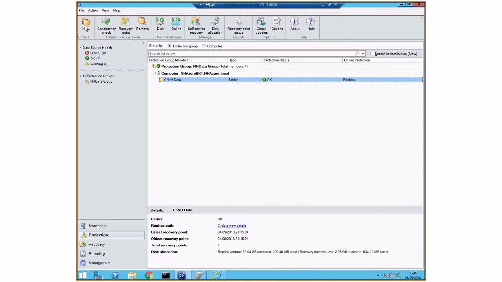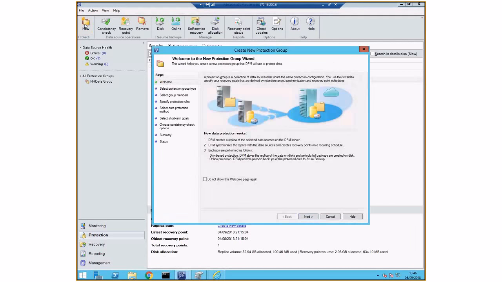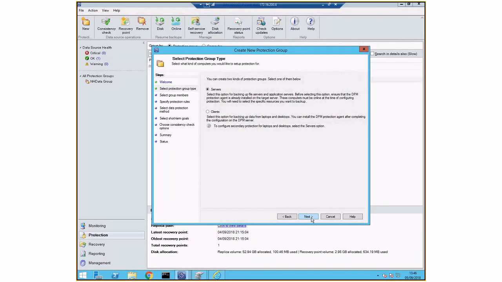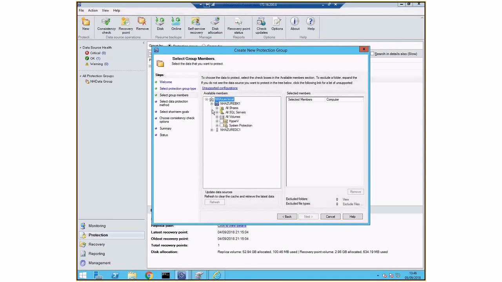And if I want to add a new backup, I just need to click on that top corner, click on New. In this case, guys, I'm talking about a new backup from my local server. If I select here on the top server and then click next, sorry, I need to say that again. This is from the registered server. Of course, the server from where I'm running the tool is already, out of the box, a registered server. And in this case, I already added a server called NH Azure DC1 here as well.